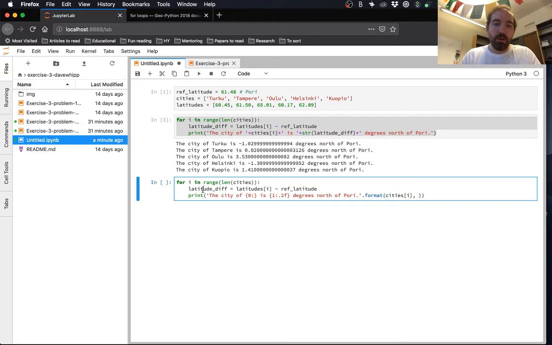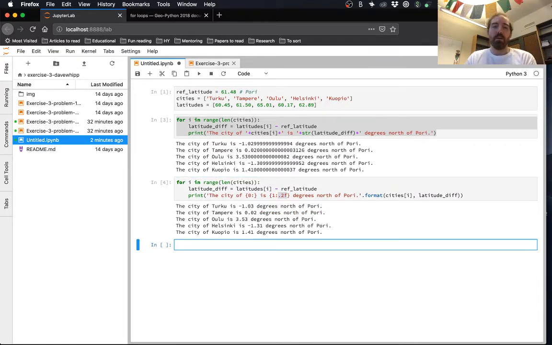The other thing we want to do is I'm going to just copy our latitude diff. That's the second value we want to have here. And so the second value will get substituted in here as latitude diff. And that's why there's a 1 here, because it's the second item in the list of values. And I have given some formatting information here. I've given this point 2 F. So F says that we want to have a floating point number. So in other words, we want a decimal value. And the point 2 says we want 2 numbers after the decimal place.